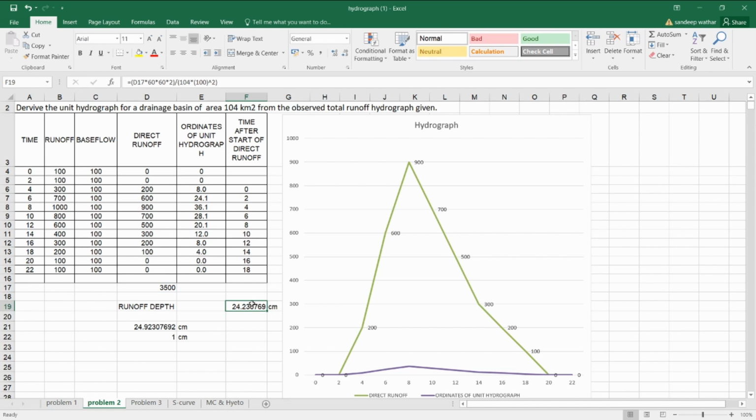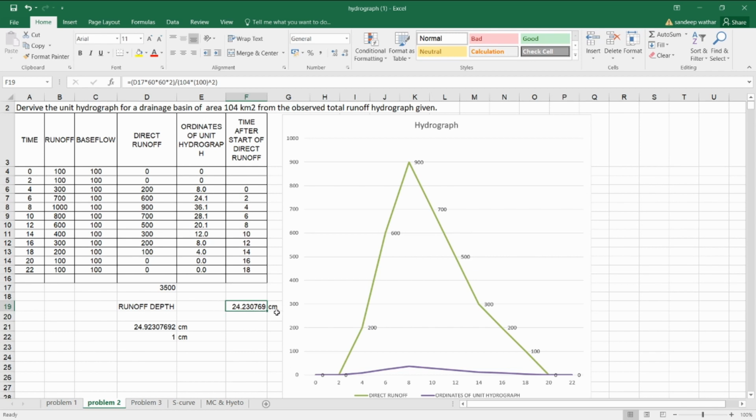Now you want to calculate the depth of runoff. To calculate the depth of runoff, the total effective rainfall is calculated for a catchment area. So if I know the area of the catchment, and I divide the volume by it, that will give me the depth of runoff, right? From the numerator, as we know, we have calculated the volume. So divide by the area. So how much is the area of the basin? The catchment area is 104 square kilometer. So the total volume divided by the area will give me the runoff depth, okay?